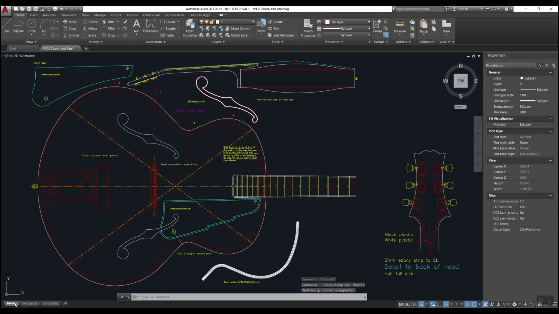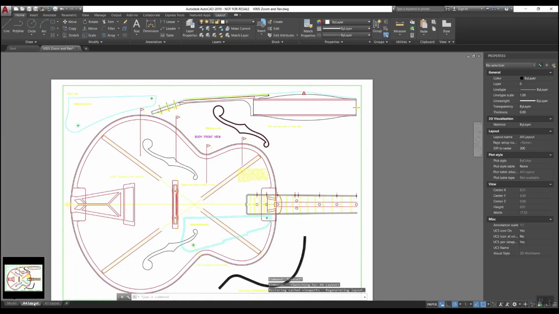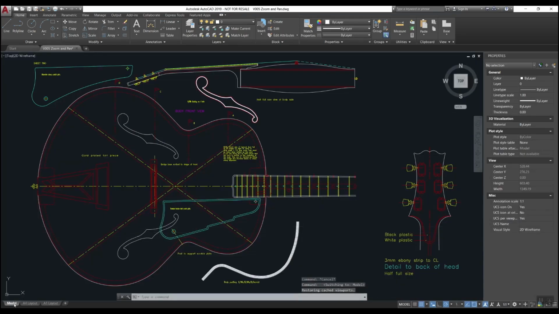Now paper space is used for printing and saving. So you could save out to PDF, for instance, or you could print out to your printer. And we're going to cover all of that in a later video. But if we come back to model space,